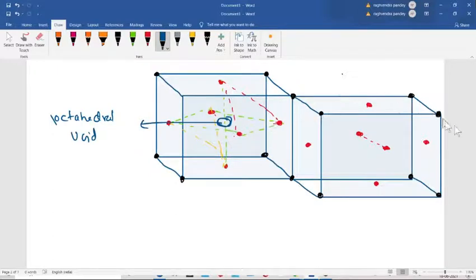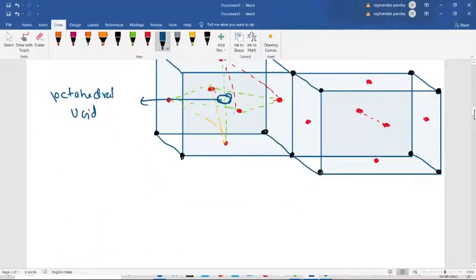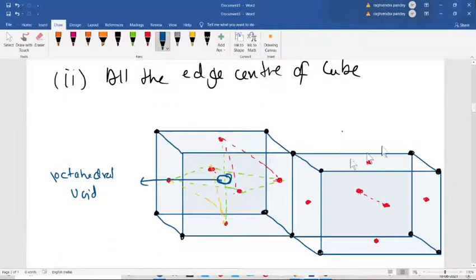Now the second one is present where? At the edges of the cube. So let's take this one. Now you can see these 1, 2, 3, 4, 5, and 6. So 1, 2, 3, 4.